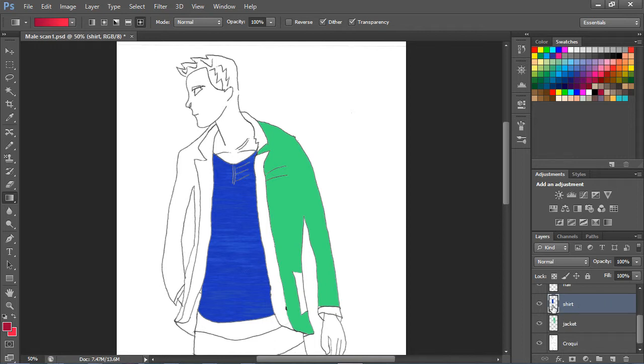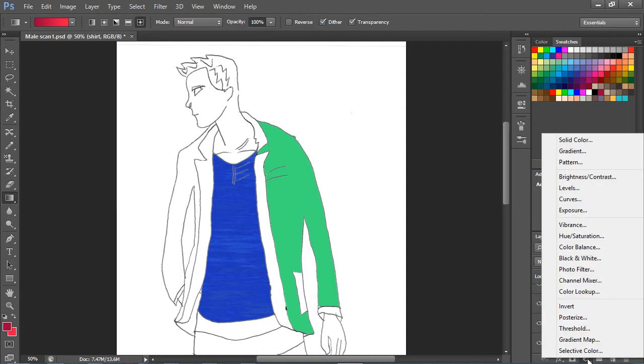To do that, first of all, left click on your layer that you want to change, single left click. Then down under the bottom of the screen, you've got what looks like a half colored in black and white circle or a black and white cookie. If I click on that once, I get a whole bunch of changes that I can make to that layer. You can experiment with some of these changes later on, but I just want to show you hue and saturation. So the word hue simply means color,